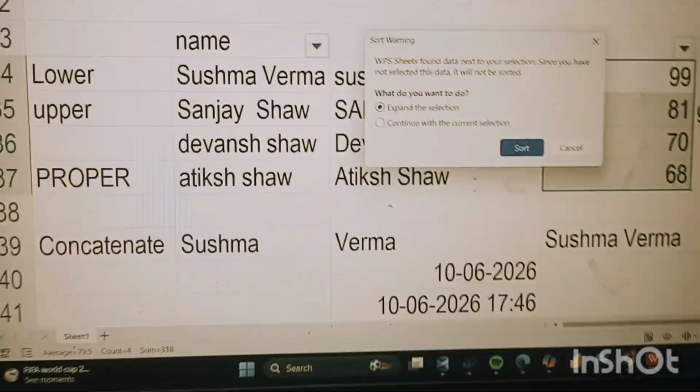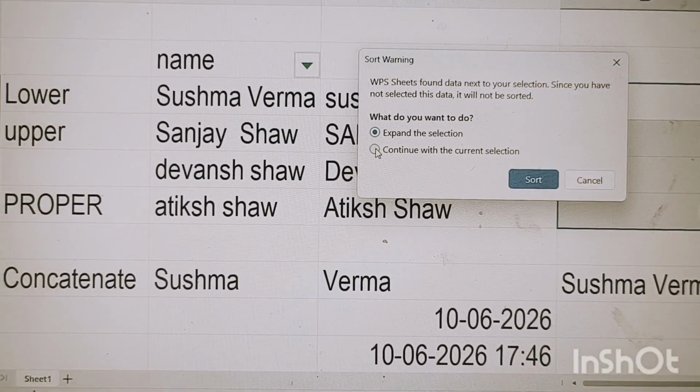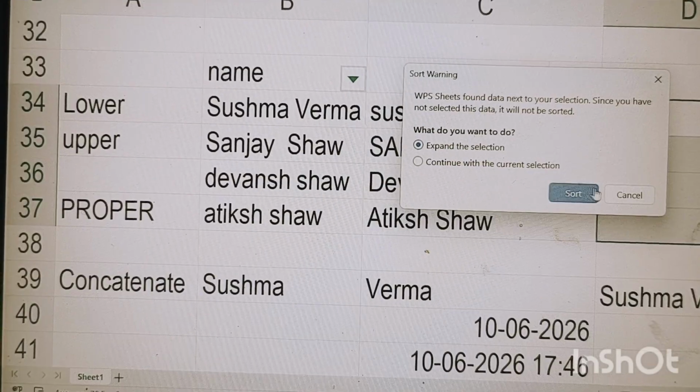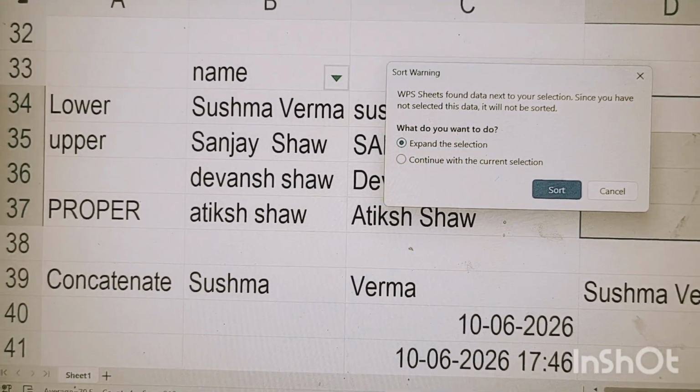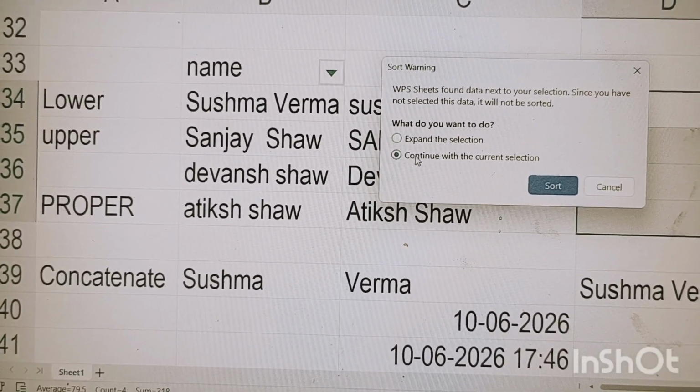Okay, then it is asking whether to expand the selection or continue with the current selection. You can expand it over everything, or just the selected one. I am clicking on the current selection.